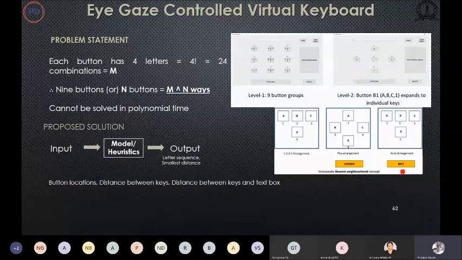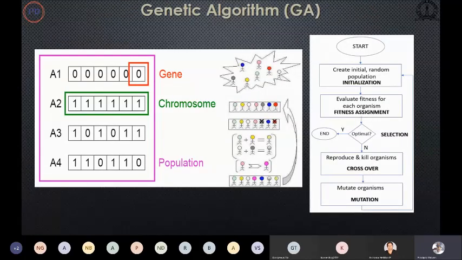So we used the heuristics and tried to optimize the keyboard using a state space search algorithm. We used an algorithm called genetic algorithm. It's a kind of popular algorithm. Like simulated annealing, genetic algorithm will also not guarantee you global optima or optimum solution, but it will guarantee you that it will reduce your overall cost value.